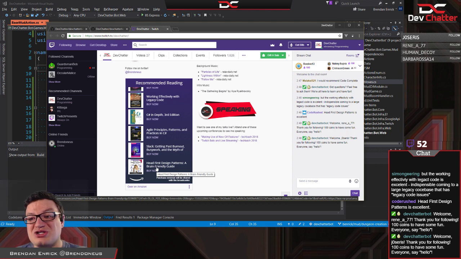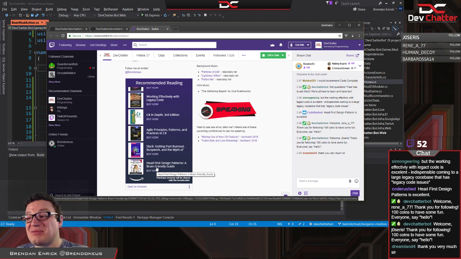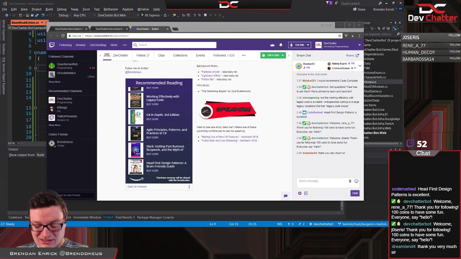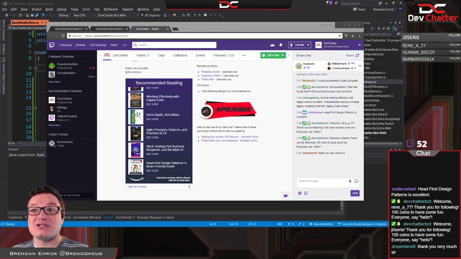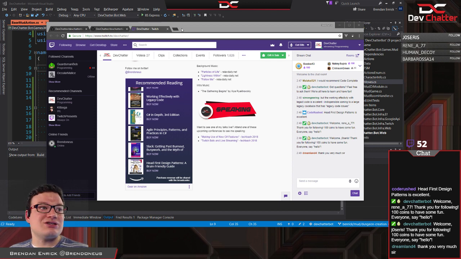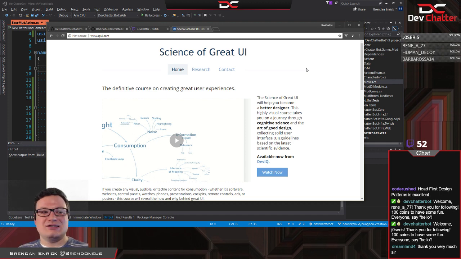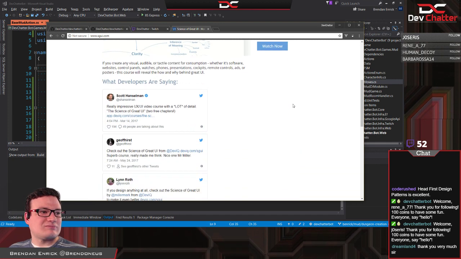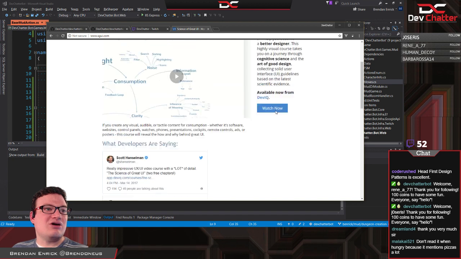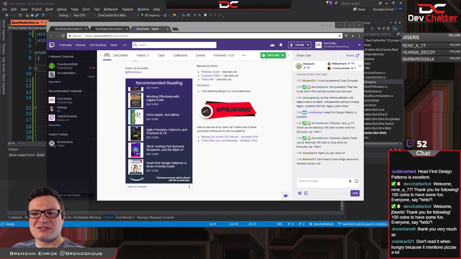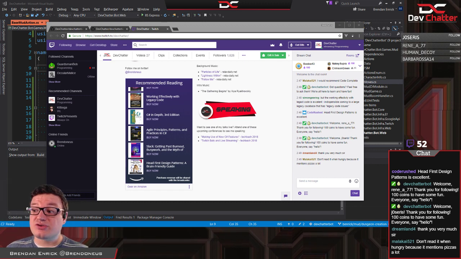Yes, as CodeRush is mentioning, Head First Design Patterns is excellent. It is a very well done book, and coming from CodeRush, that is a huge compliment, because you guys may not know this, but CodeRush is actually the same guy that did The Science of Great UI, which is an awesome course that he did about making great user interfaces.